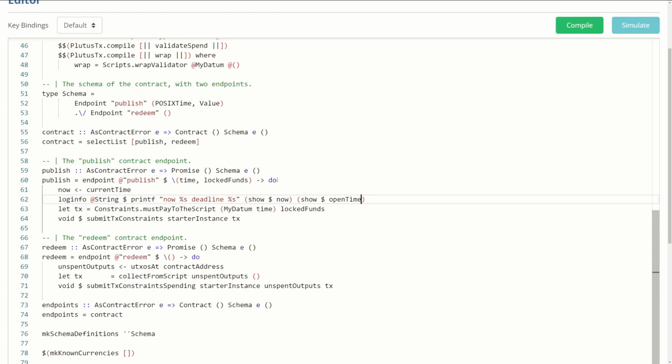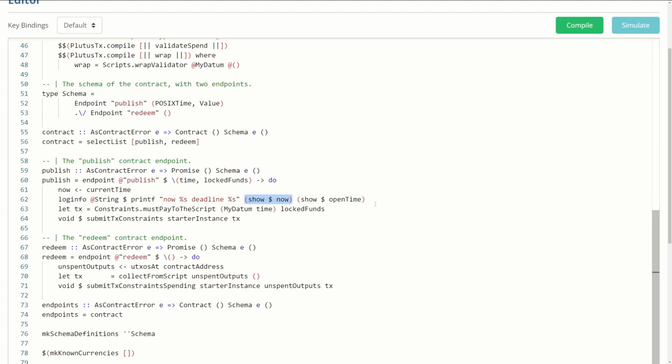All right, so what I did here is I used loginfo, which is just a way for us to print into the console. And for the value we give it, we call printf. This $ sign just means execute the line after the $ sign first. Printf, for those who are unfamiliar, is just a very helpful function that takes in a string and also takes in special parameters like %s, which represents a string. And these %s would automatically be replaced with a string variable that we provide, which in this instance would be